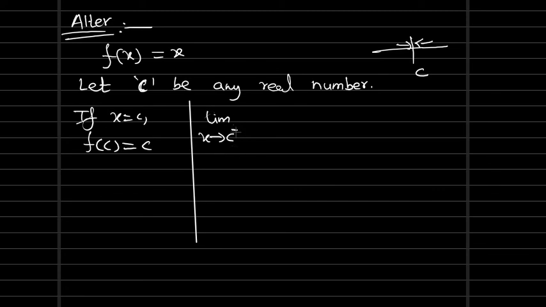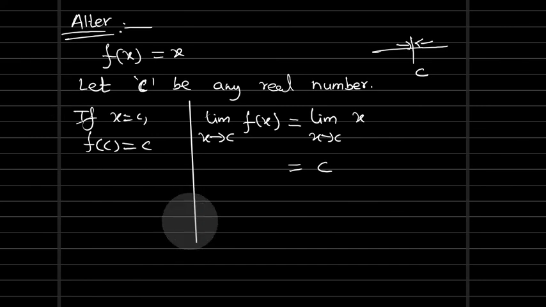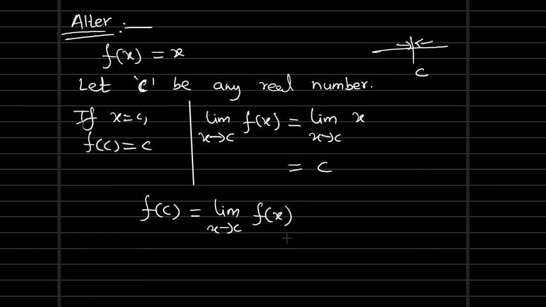Here I didn't put any symbol, minus or plus. That means it's included for both. Together I am writing. Now f of x. What is f of x here? x, replacing f of x with x. Now here the close values of c, approximately it's equal to c only. So directly in place of x, replacing it as c, considering x equal to c and substituting c in place of x. And here, if you notice, the f of c value and the limit of f of x as x approaches c are the same. So if they are the same, then what can we say? The function is continuous.